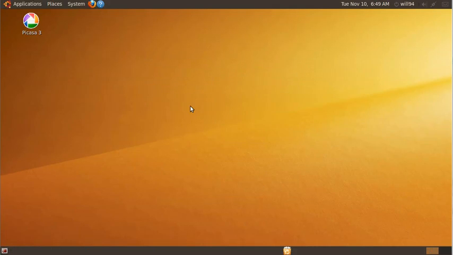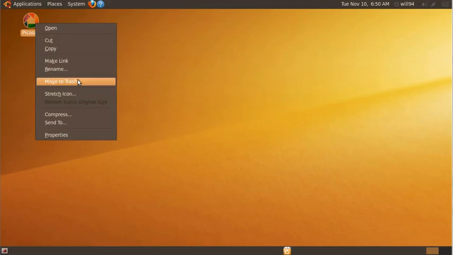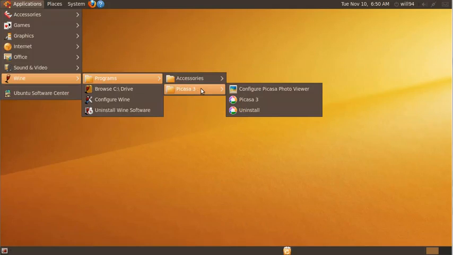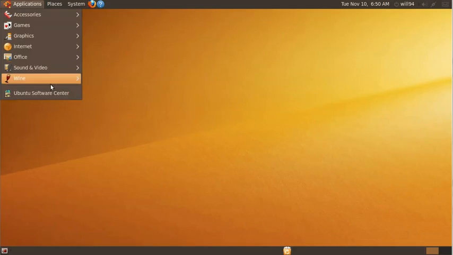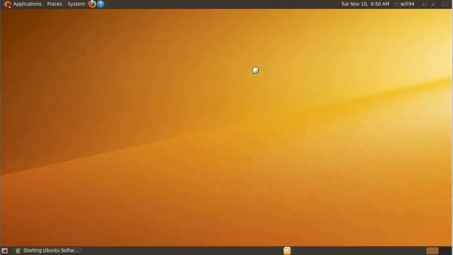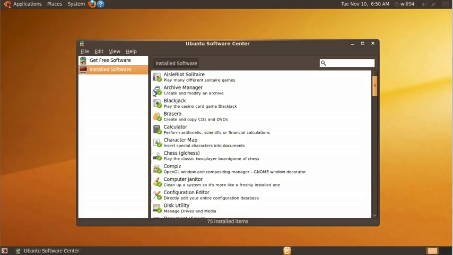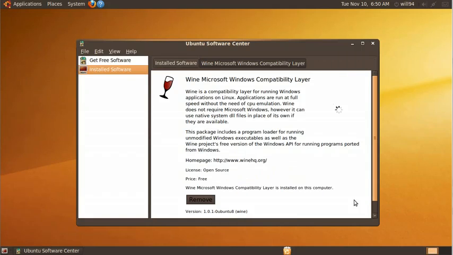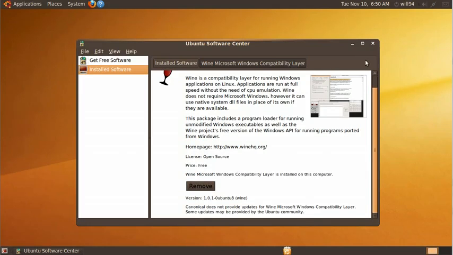Alright, finish. So the one problem with using Wine is Picasa doesn't know how to clean up after itself, because it's not quite what it's used to. So you'll have these things left behind, like Picasa icon moved to trash. Right here you'll have programs, Picasa 3, that needs to get cleaned up. And to uninstall Wine, you just go through the Ubuntu Software Center, installed software, you scroll all the way to the bottom because that's usually where it lurks, and you click, and then click the next arrow, and then remove. Alright,